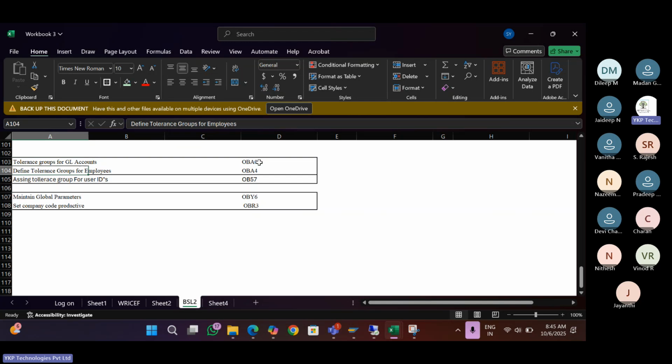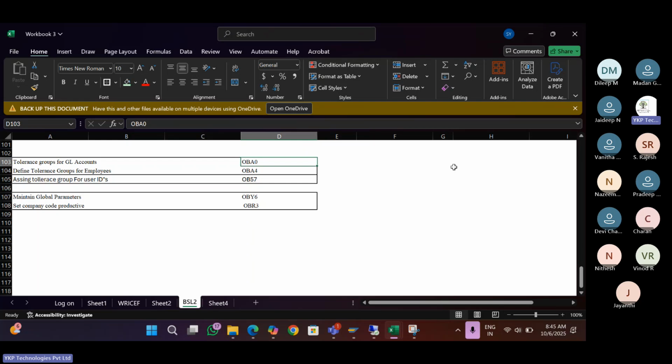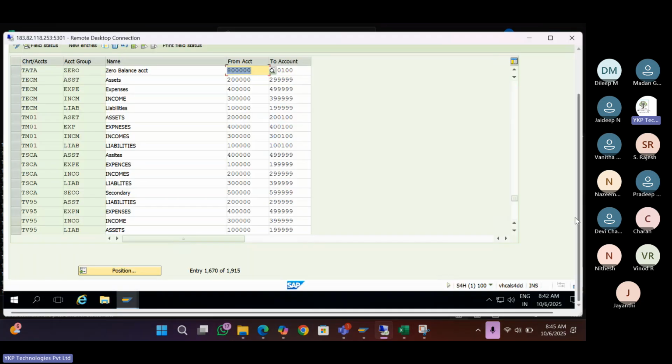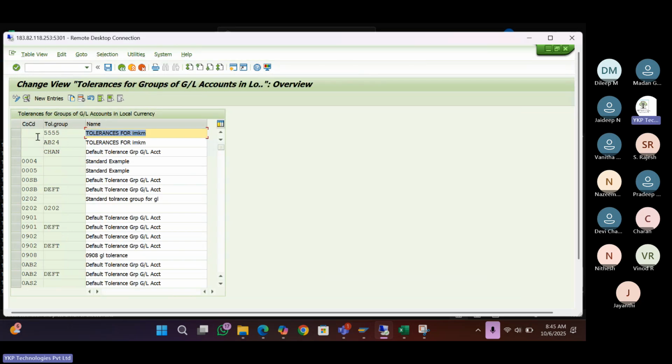This GL group or tolerance employee groups also, we have maintained a few things blank. So OBA0 and OBA4, right? This one I keep blank purposefully. Let me show you. OBA0. So here, company code and tolerance group. This is the tolerance group for GL, right? If I take an example of